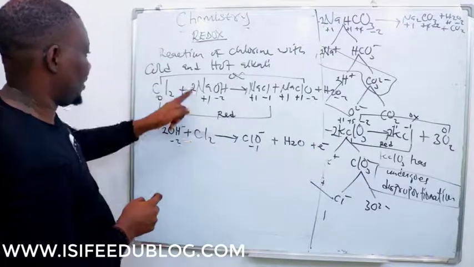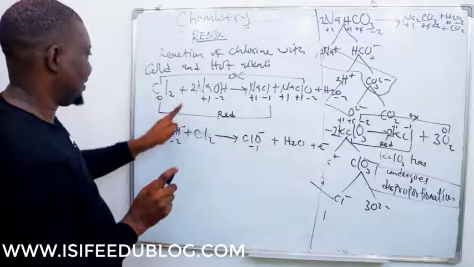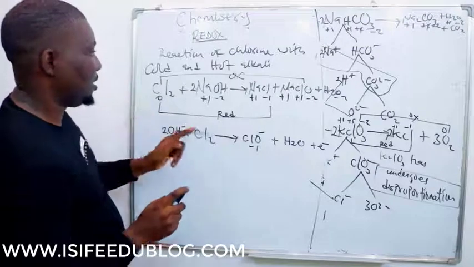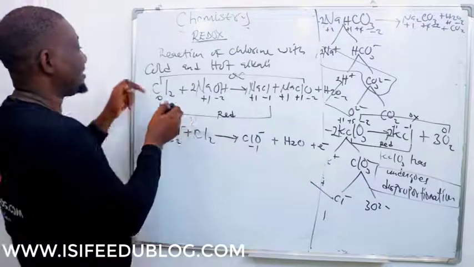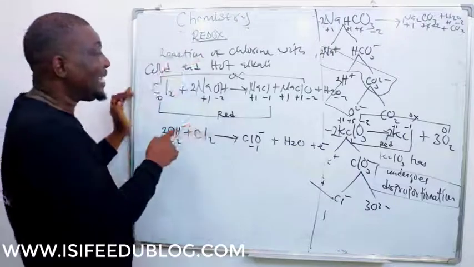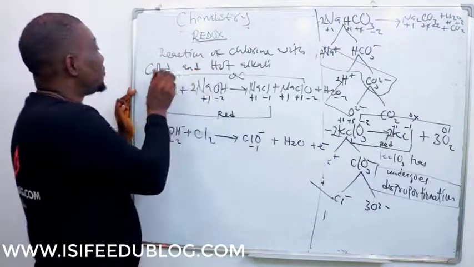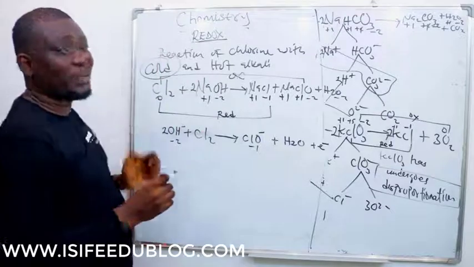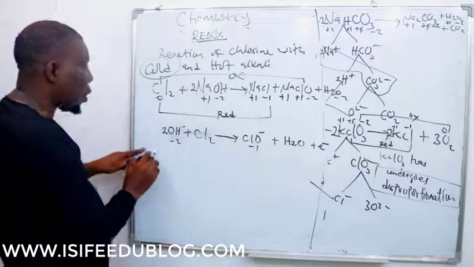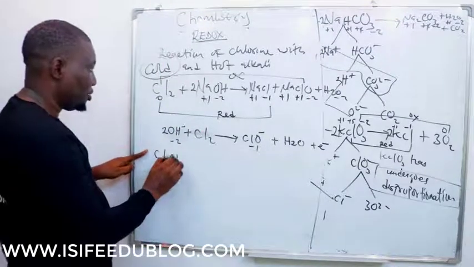I think this is what we have here: 2 of this balance, 2 of this Cl2, and the other thing can come. This is when you balance this redox reaction in the condition of cold. This is what you have. But if it's a condition of hot, if it's hot alkali, we have Cl2 plus